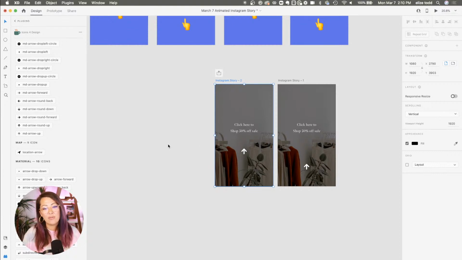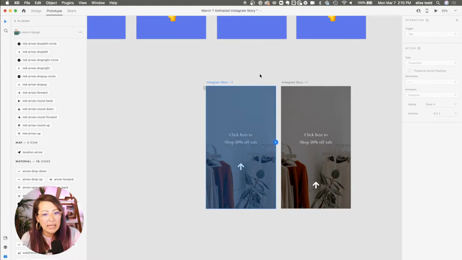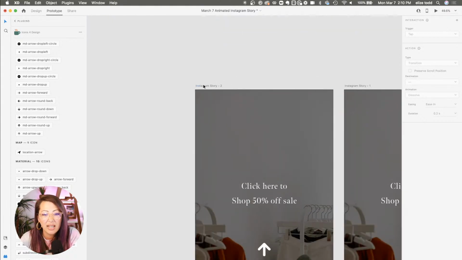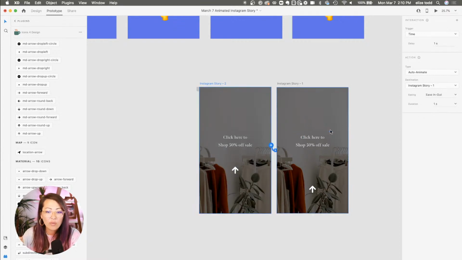So here I have made my two artboards with the arrow up, the arrow down, and I want to add a little prototyping link here. So I am going to move from design mode, which we are over here, into prototyping mode. Boom. Now we're ready to make things move. Here, what I'm going to do is make sure that the whole artboard is selected. And the way I do that is making sure I select this title of my artboard. Once that's selected, my whole artboard is selected,